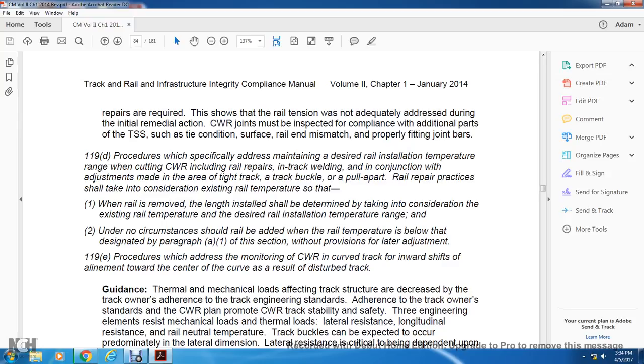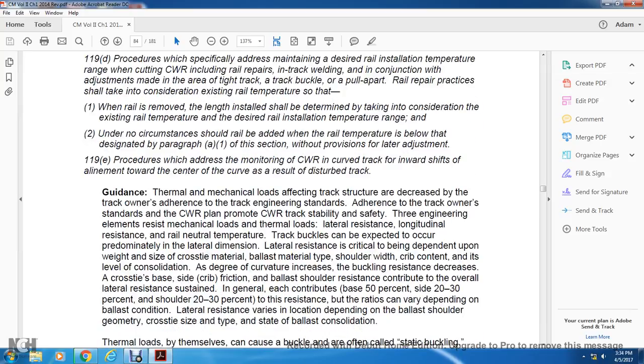119E deals with the procedure for monitoring continuous welded rail in curved track with an inward shift aligned with the center of the curve, resulting in disturbed track guidance. The thermal and mechanical effects on the track structure decrease with the track owner's adherence to the track engineering standard. Adherence to the track owner's standard of the continuous welded rail plan promotes continuous welded track stability and